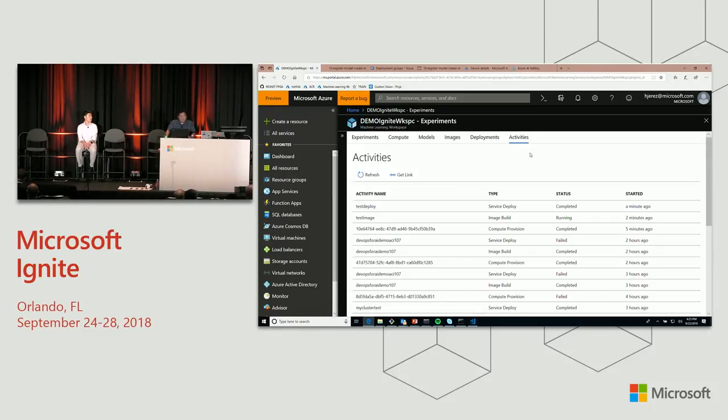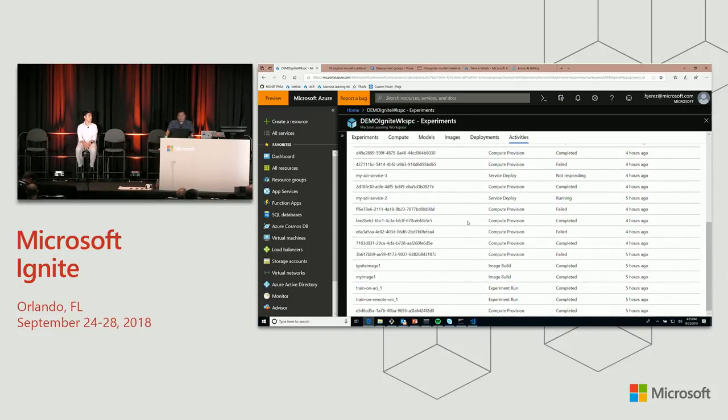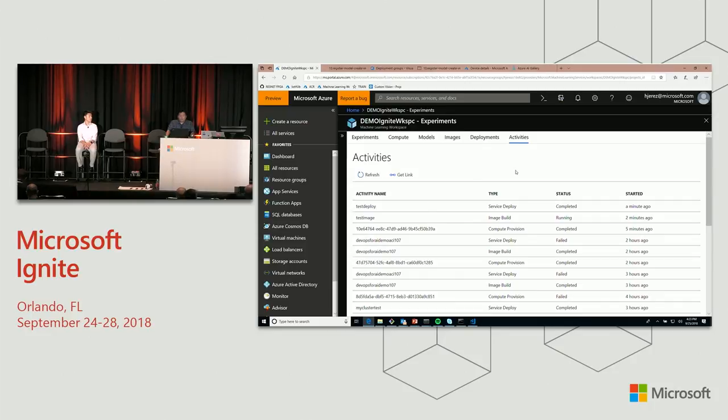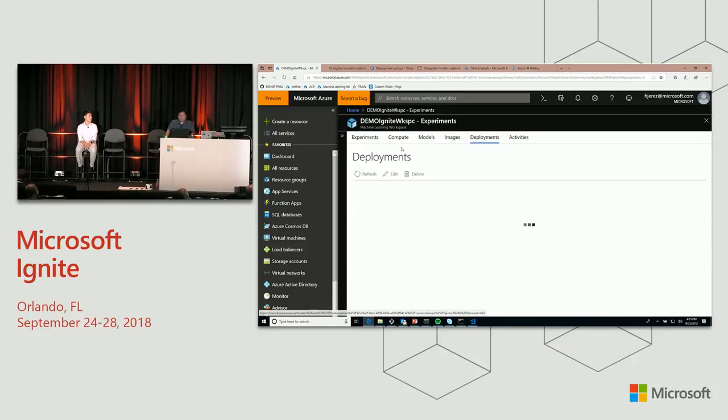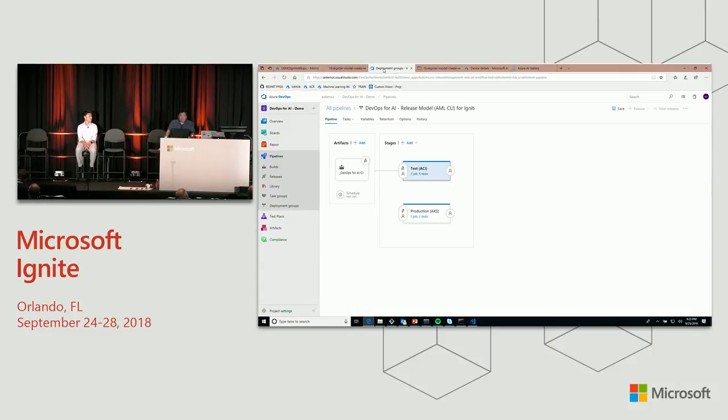The idea is that you're able to track all the activities associated with the creation and deployment of these AI solutions from this single platform. You have a single point of control and a single pane of glass for all of the activities in the system. Of course, you can do all of these also from